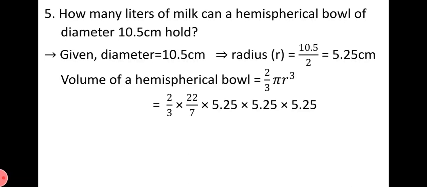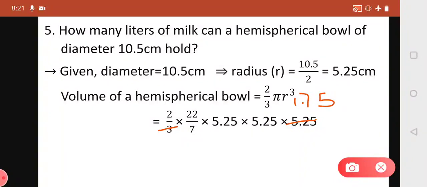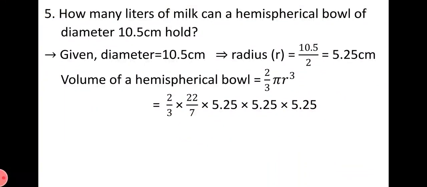Again you can cut: 3 ones are 3, and 2 will be left; that is 3 sevens are, and again 1 will be left; that is 3 fives are. You can cut this, and again you can cut this with 7, that is 7 sevens are 49. Again the point will come, 3 will be left, that is 7.5. The remaining numbers of the numerator we multiply, so we get 303.1875 cubic centimeter. This is the capacity of the hemispherical bowl to hold the milk in cubic centimeter,